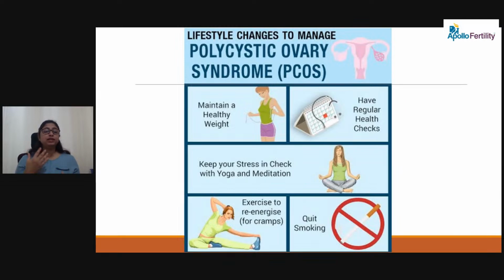We have our sleep-wake cycle. Our body is accustomed to being awake in the daytime and sleeping at night time, but because of the work pressure, the time changes, everything, there are so many changes in our life which have all caused this disorder. So that's why we can see that more and more women are coming with these problems of polycystic ovaries because of the lifestyle changes.